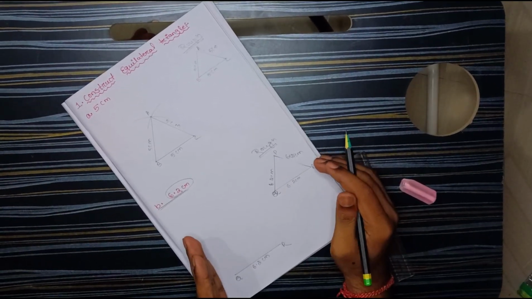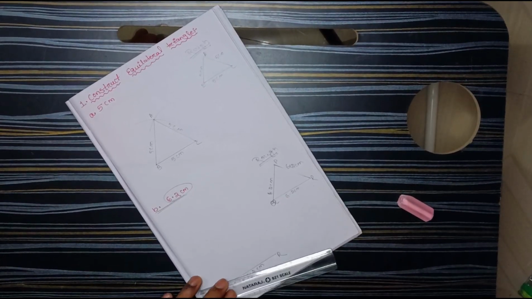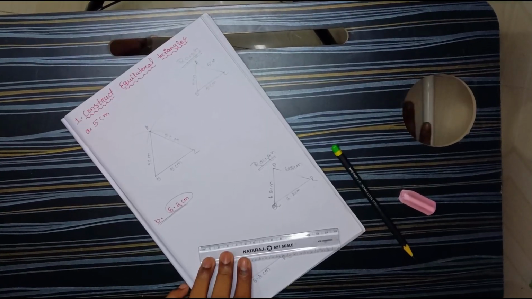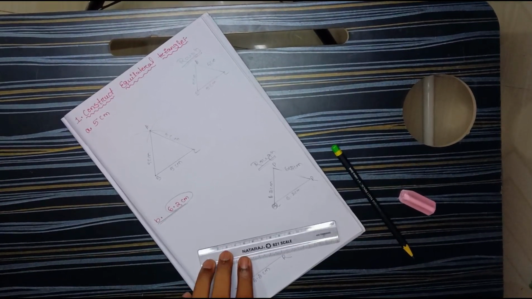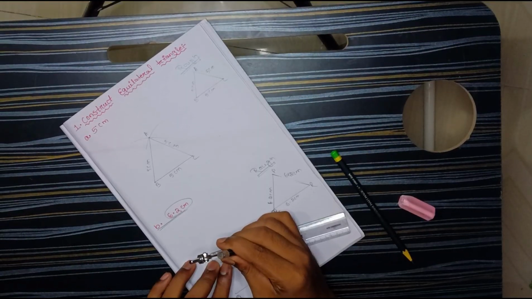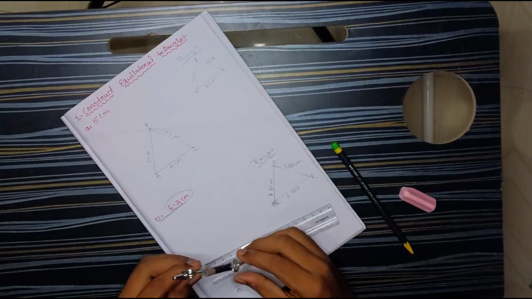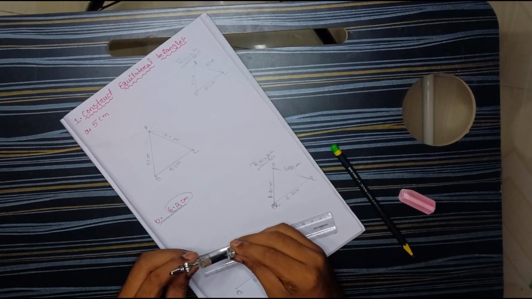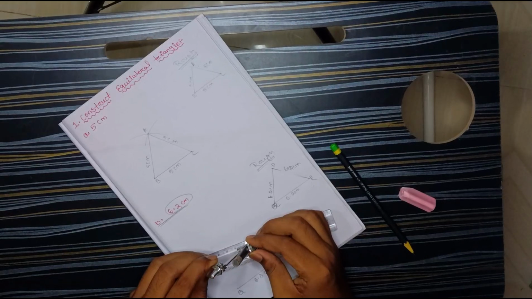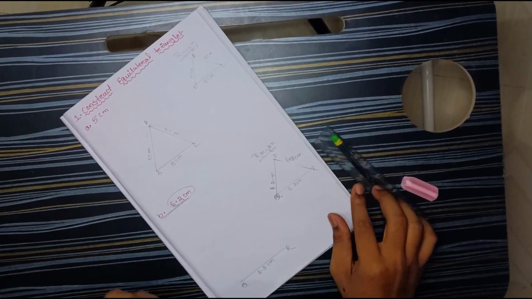It is an equilateral triangle, that means all sides are equal, so you have to take 6.2, 6.2 for QP and PR respectively. Wait, where is my rounder? Yes, there. So we have to take the measurement. We will start from the 0. Okay, from 0 to where we have to take 6.2. So first it comes to 6, then 0.1, 0.2. This one is the measure of 6.2.